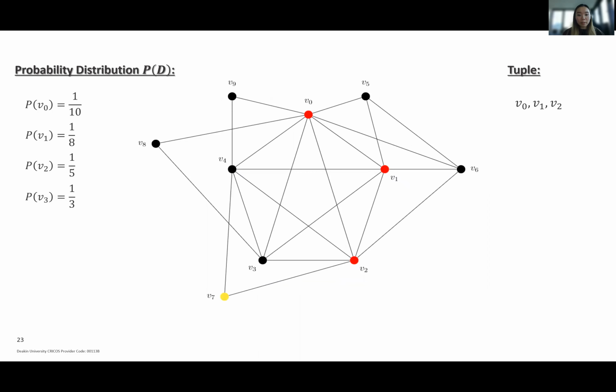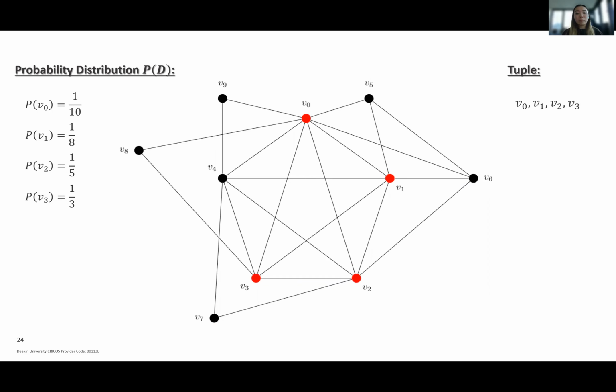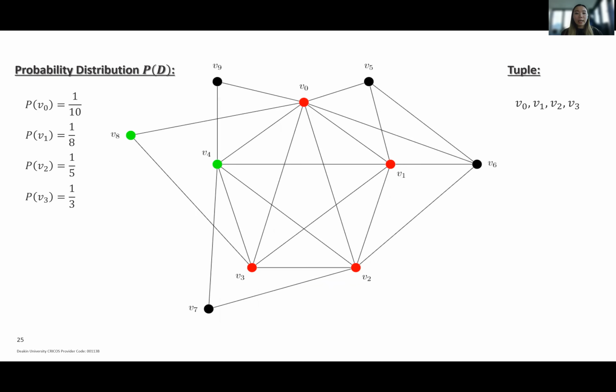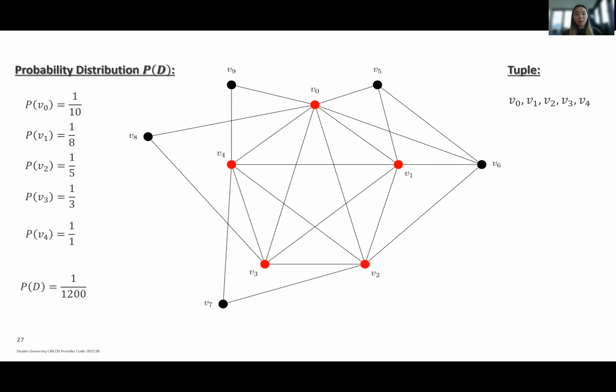So we pick V3. And lastly, if we look at the last 2 choices to close that tuple, V8 doesn't fall into that criteria, so we can only pick V4 as an obvious choice. Now multiplying that to get the probability of getting that good tuple, we've got 1 over 1,200. So this is the smallest case for our smallest double loop graph, where we've got a complete graph,